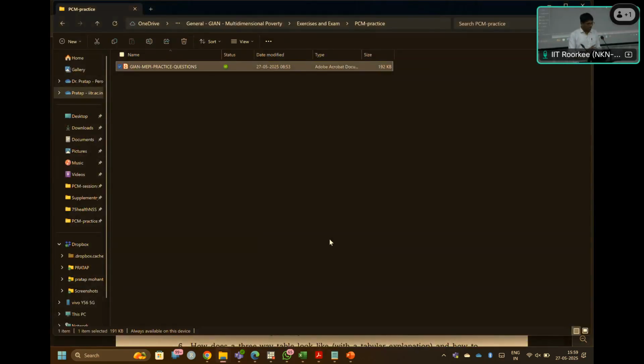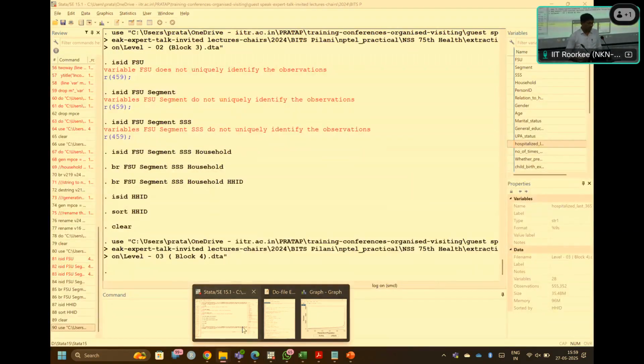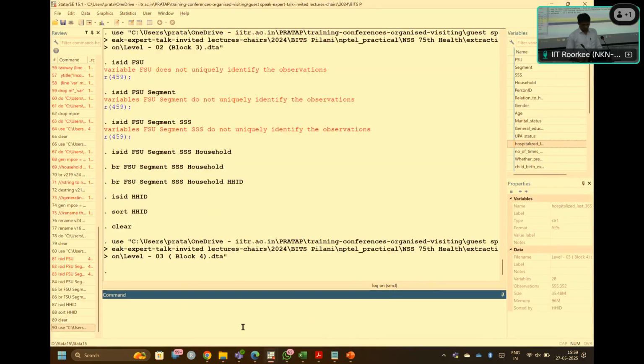Okay, so about your question, I'm just going to show you, household file also won't be uniquely identified in some of the files. When we merge the block, sometimes it comes like the observation is not uniquely identified, correct. I'll just show you. So this is part of our individual file, not the household file. Now this one, as per the suggestion